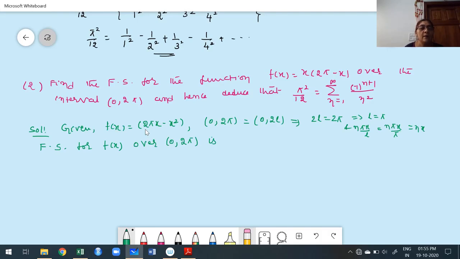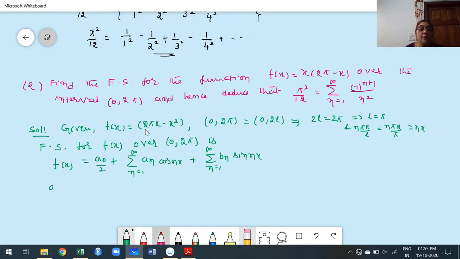Yes. f of x equals a naught by 2 plus summation, n ranging from 1 to infinity, an cos nx, and then summation, n ranging 1 to infinity, bn sin of nx, where